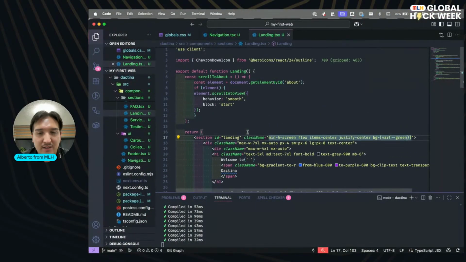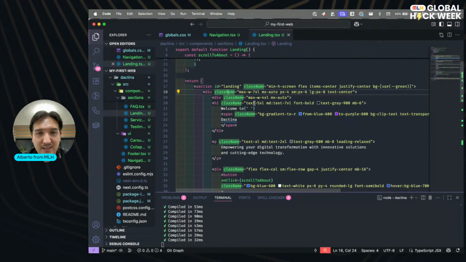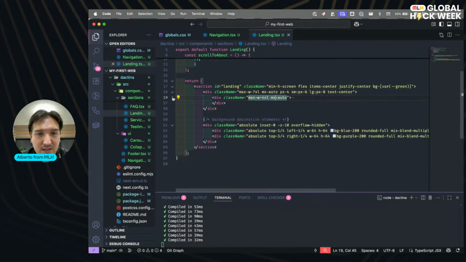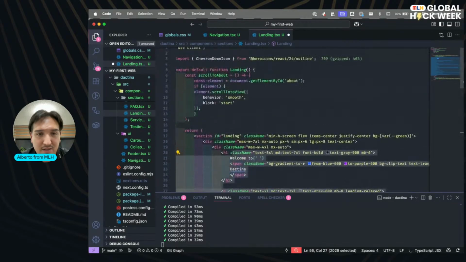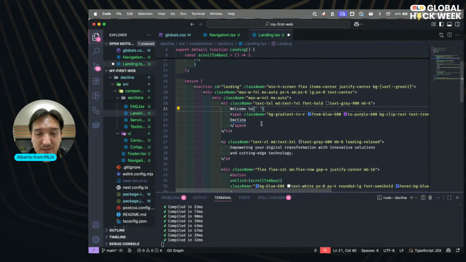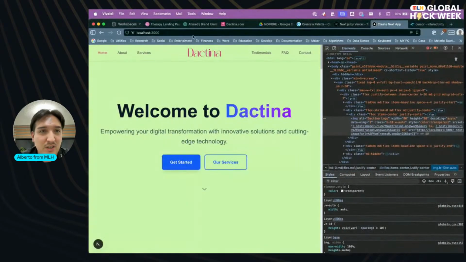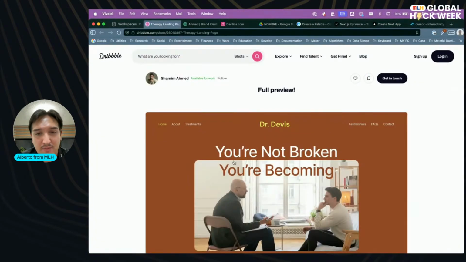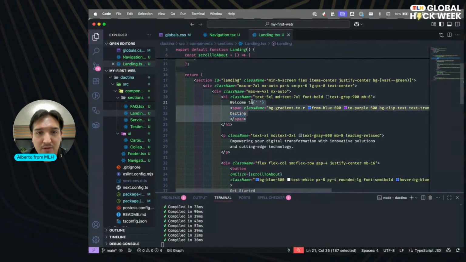Let's move to this other one, the landing. Landing already has the green background. It has the max class of this. How we divide it: okay, the main section. Then this should be again in another level. Welcome to, a span. I am going to take a quick look at the page. Okay, no, just one color, bold, and that should be enough.